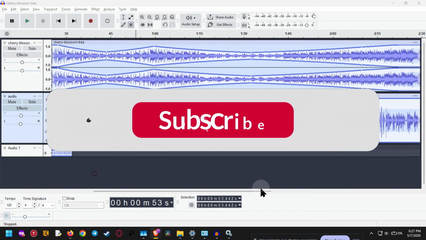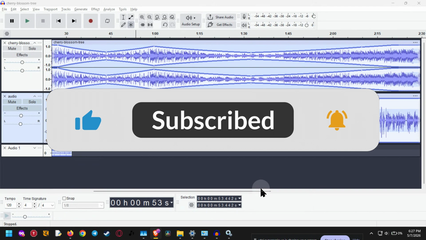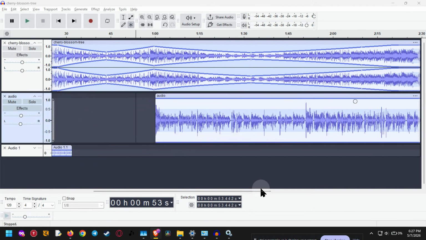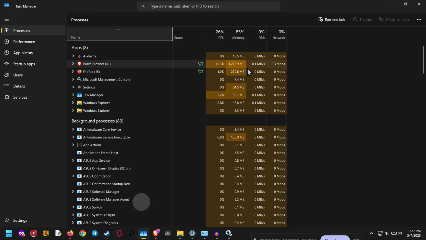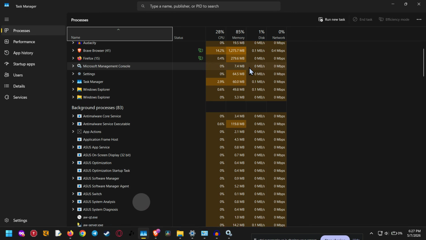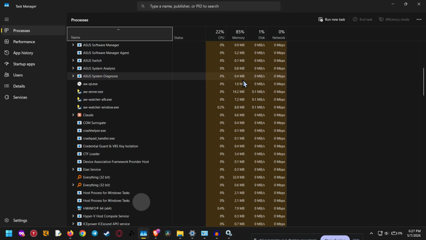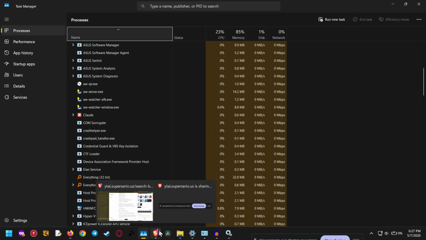Let's jump right in. First, let's understand what error code 9985 actually means. In most cases, Audacity can't access your microphone or playback device because another program is hogging it in the background. This is very common if you have Zoom open, Microsoft Teams running, Discord active, or even a web browser with microphone access. So the first thing you want to do is close any app that might be using your audio